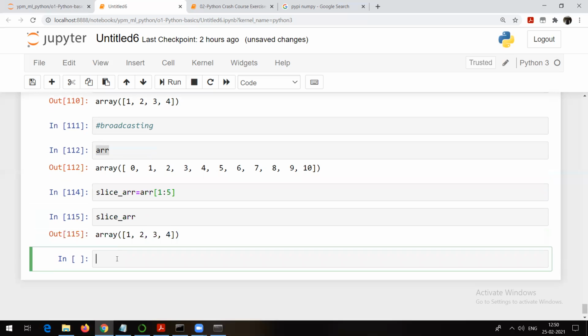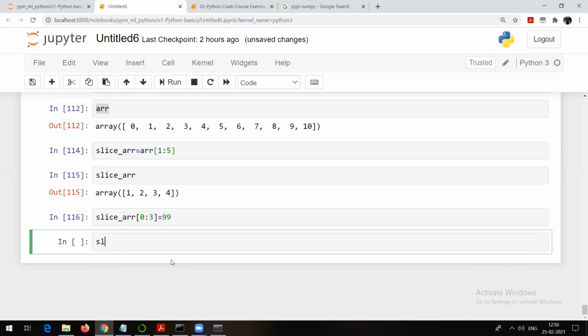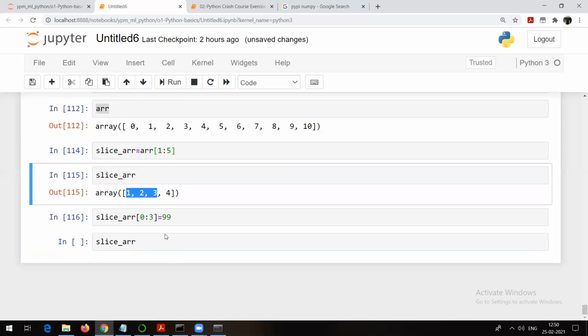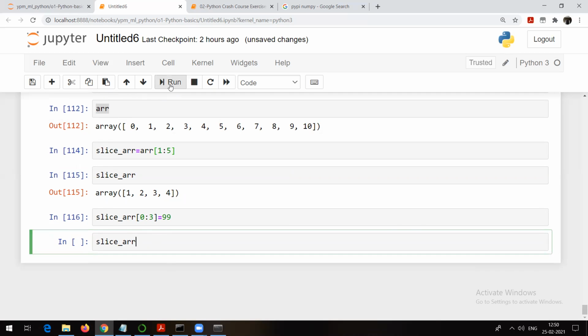So what I will do is take slice_arr[0:3], that means indexes 0, 1, 2, which are the elements 1, 2, 3, and I want to override them with 99. That means if I check slice_arr, the first 3 elements will be overridden with 99. This is what is going to happen.